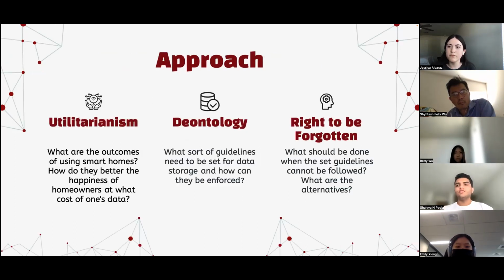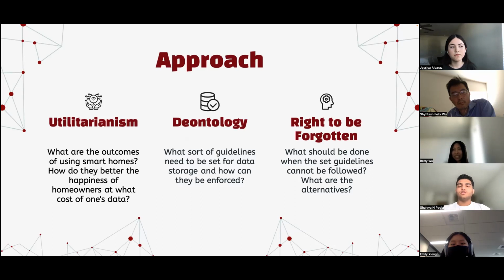The different ethical standpoints that we considered in our project are the utilitarianism standpoint and the deontology standpoint. With the ethical standpoints, we also took into consideration the right to be forgotten. So starting off with the utilitarianism standpoint,